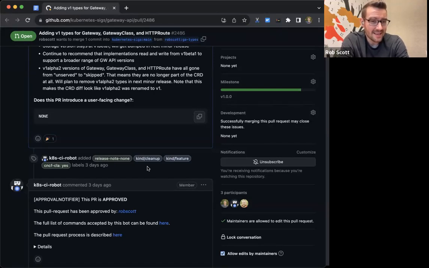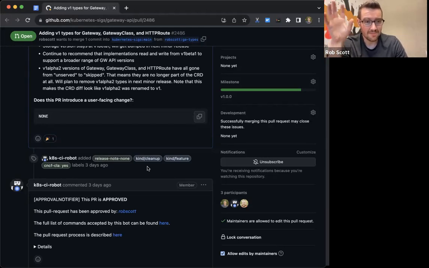Basically, the idea is you are not supposed to bump storage version in the same release. You're adding a new version. You add the new version and then bump the storage version in the next release. Rather convoluted, but that's the way it's supposed to work. It's like a 4-stage release process, four minor releases to really cycle through and get to a new version fully and get rid of the old one. Which is one of the key things that inspired the let's-not-have-beta thing, because it is real painful to cycle through API versions.